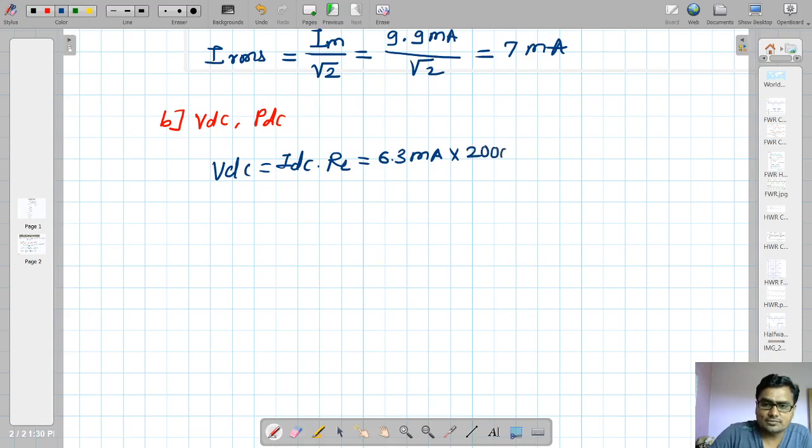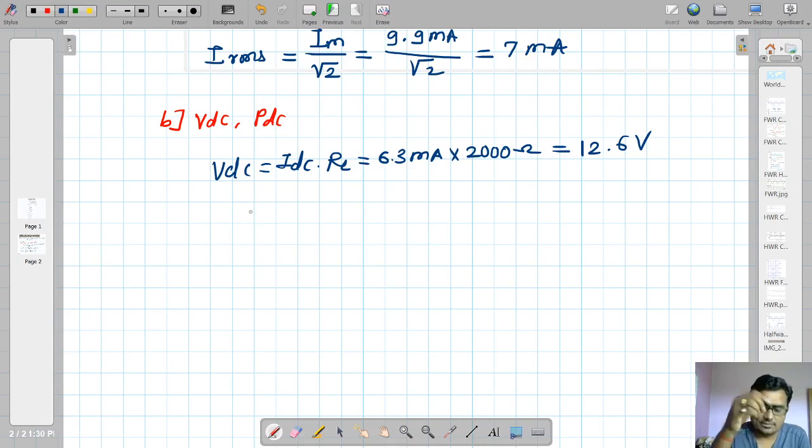Means 2000 ohm. Yes, multiply it. What am I getting? 12.6 volt. See, I am writing 12.6 volt. If I use the calculator in real time and show you what I am doing on it, it will take a lot of time. So I am using the calculator myself and calculating an approximate value. Even if I get 12 point something, I am writing 12.6. If it is 12.59, I am writing 12.6 as a rounded value.